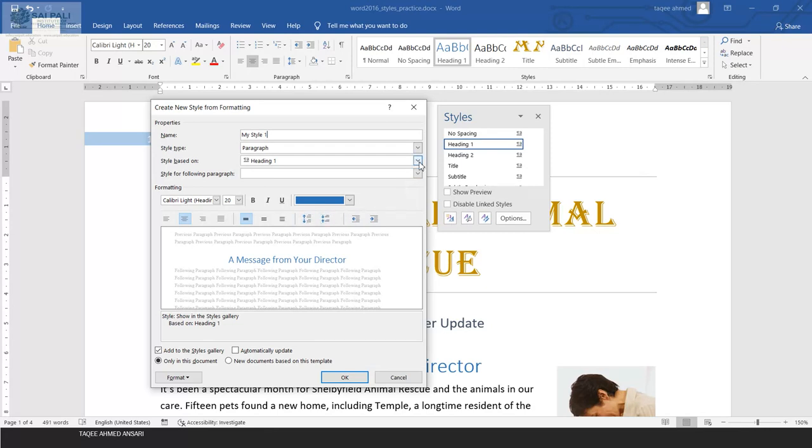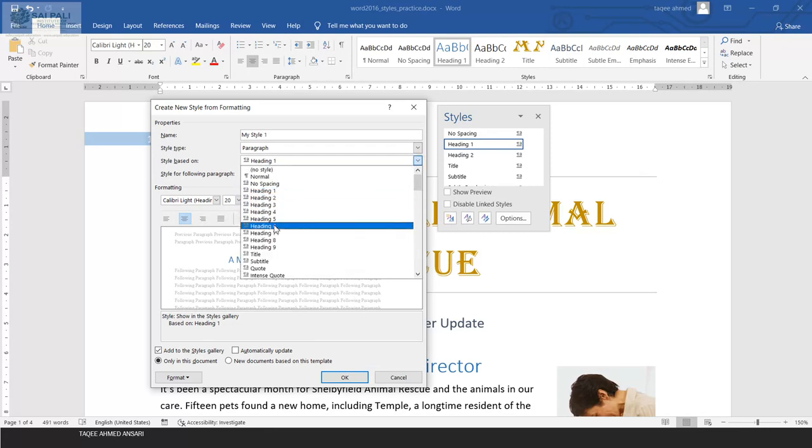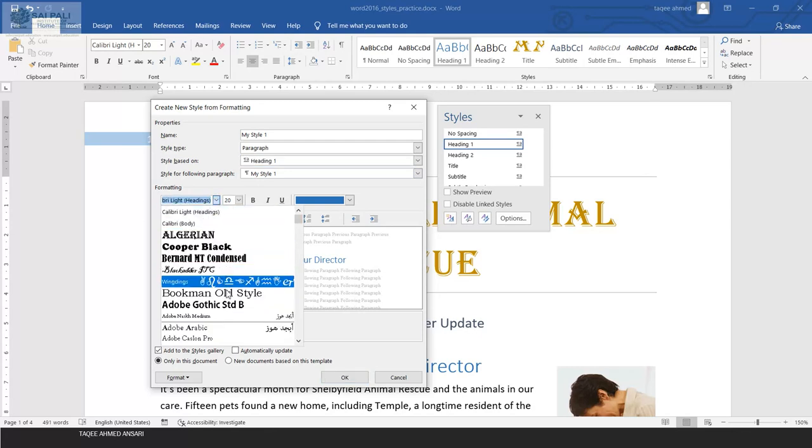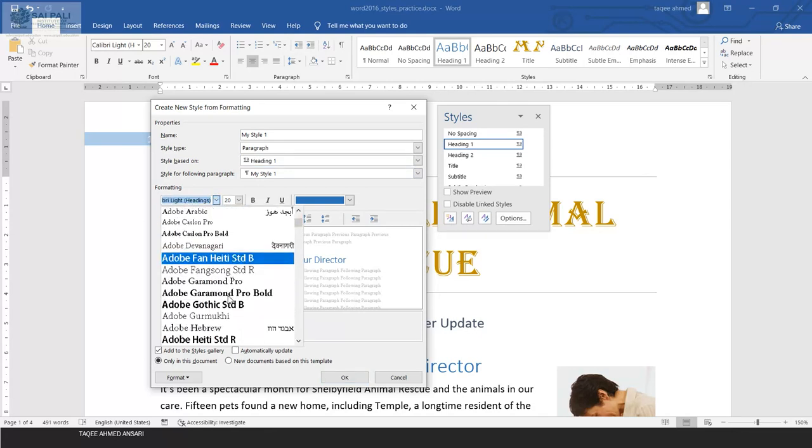If you don't want it to be of the heading type, you can change it from here. Either you want it to be a title, or heading 1, 2. So depending on what type of style you want to create, you can then select what format of design you want, what font style you want.